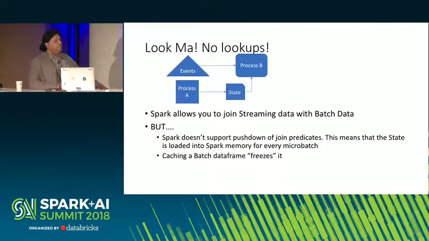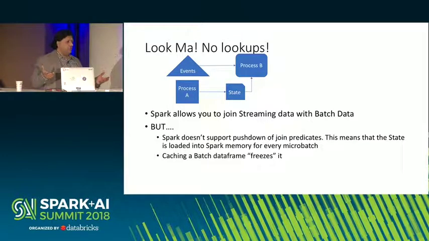The first challenge we ran into is that Spark does not push down join predicates. If you have a table loaded from a data store, from a file or from a database, and you're filtering on it, Spark will push down that filter into the data source, which limits how much data comes into Spark. But if you're joining two tables, Spark will not push down the predicate to the data source. It will load data from both sources and join in memory, which works great